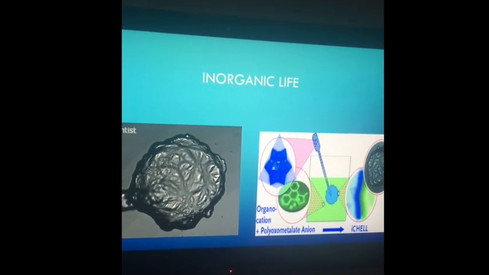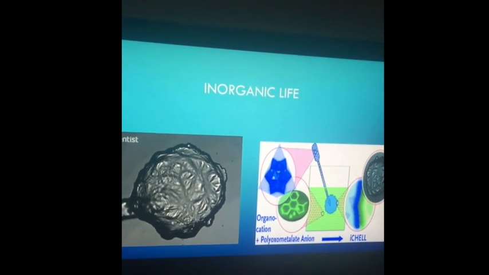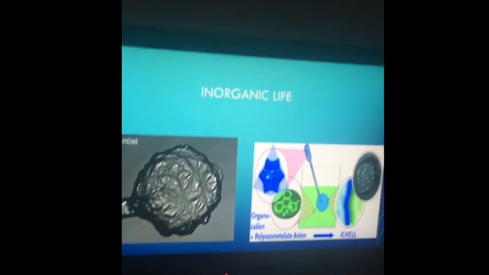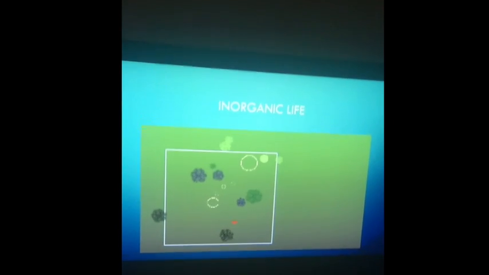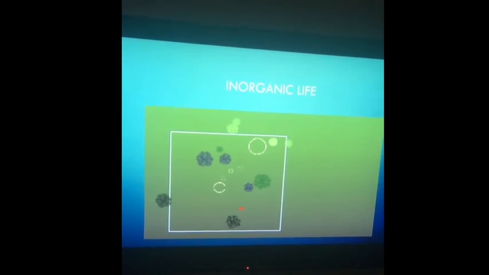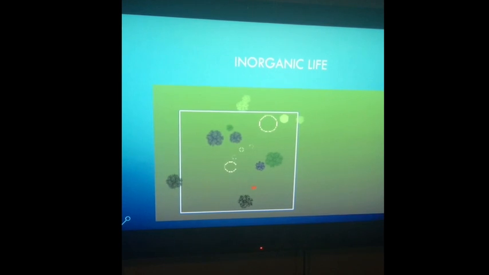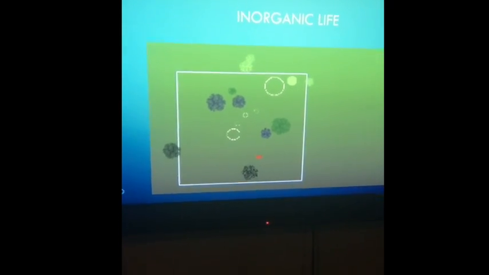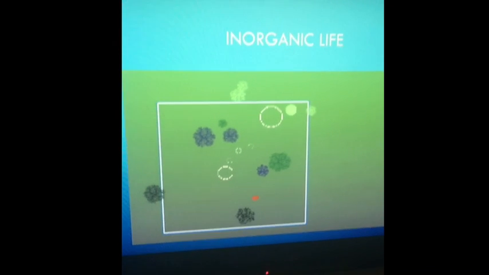Here is some inorganic life. It is a dead crystal. When pressure is applied, it comes alive, pollinating, germinating, and growing. This is an inorganic tube, and all the crystals under the microscope were previously dead. Now it looks alive. Of course, they are not really alive. It's a chemistry experiment that creates a crystal garden.